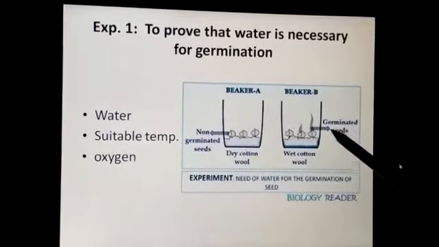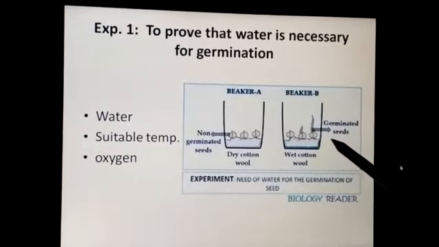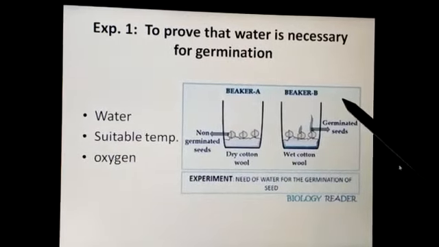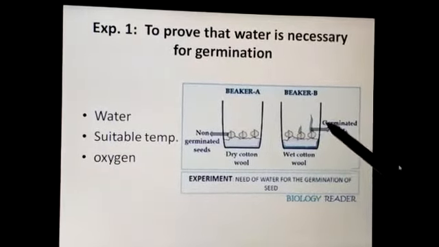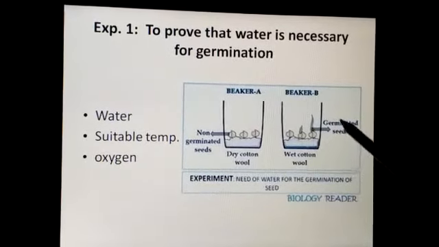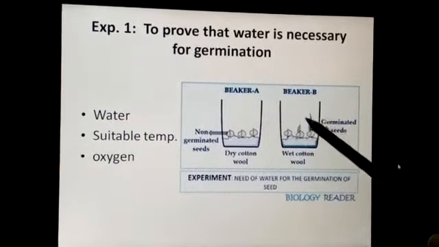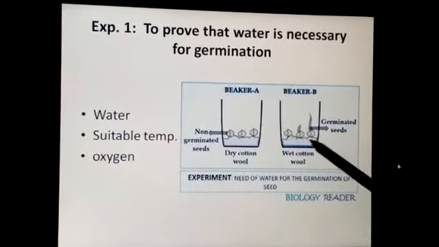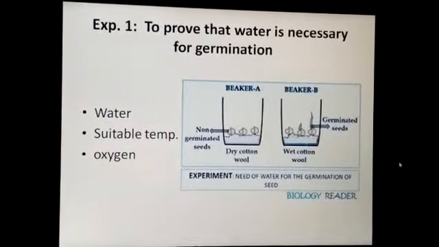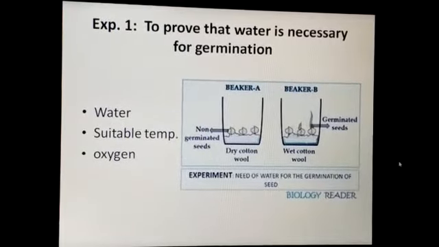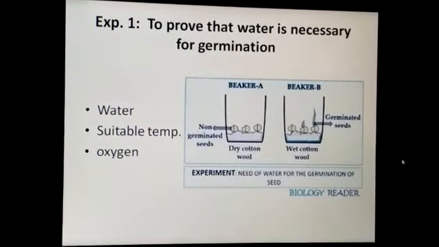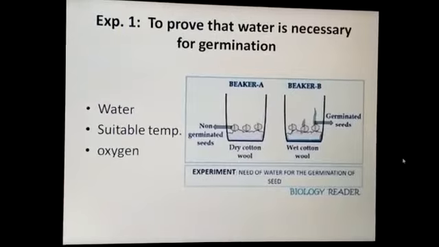In beaker B, seeds are placed on wet cotton wool. So it means water is available. Again, the mouth of the beaker is open. It means air is also available. And both the containers are kept at normal temperature. It means conditions are normal. Now, this setup is kept for 1 or 2 days. After 2 days, we observe that the seeds in beaker A don't show any germination, whereas in beaker B, they have germinated. This happens because